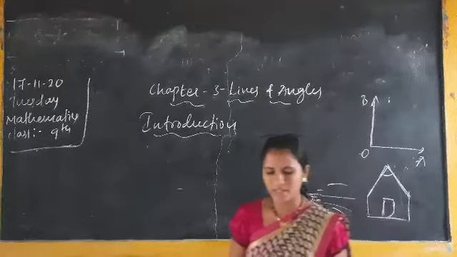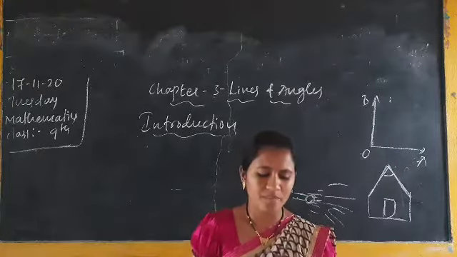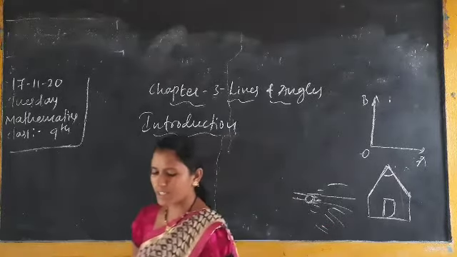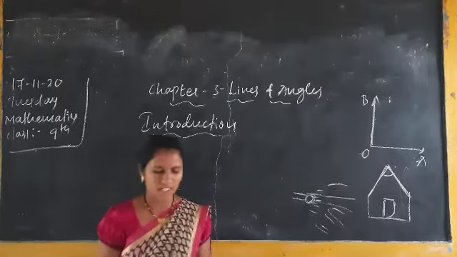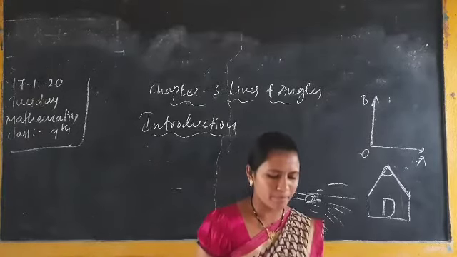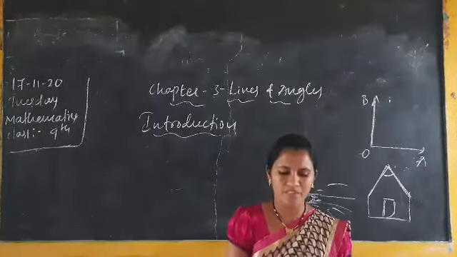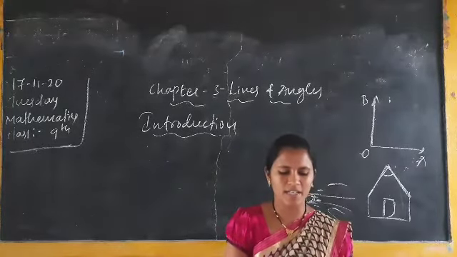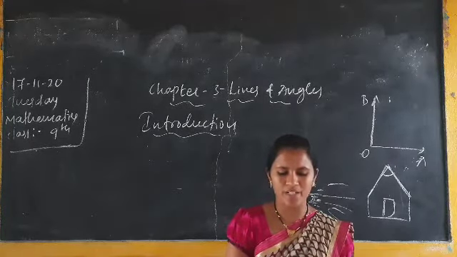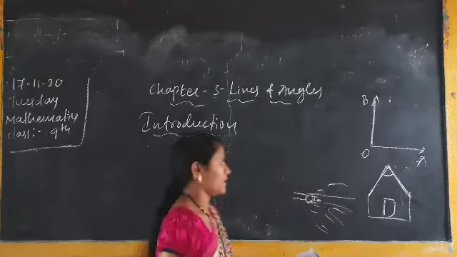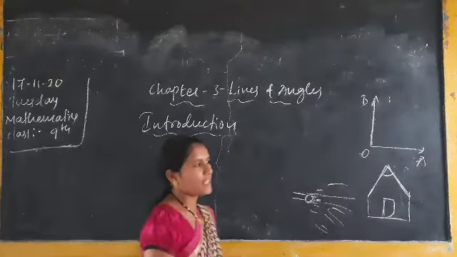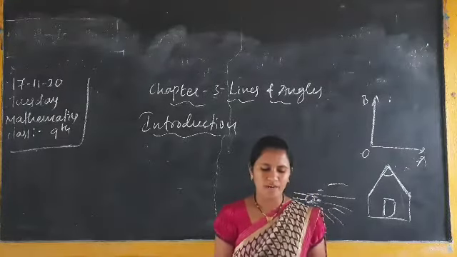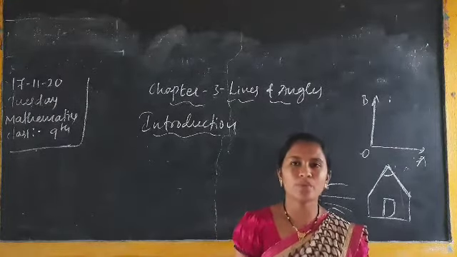Next, you have to take page number 40, basic terms and definitions. Okay, here they have given basic terms. In that, the first definition: recall that a part of a line with two end points is called a line segment. What is a line segment? A line with two end points is called a line segment. You already studied line segment in class 6. What is the definition of line segment? A line with two end points.